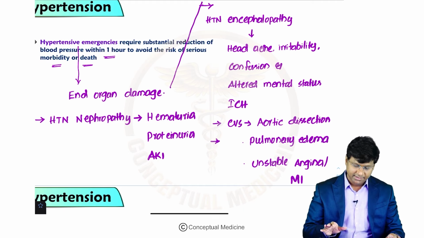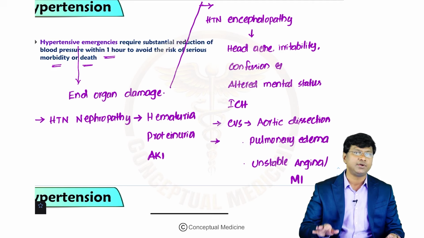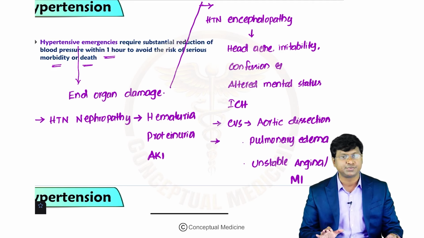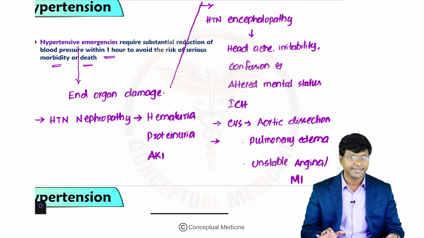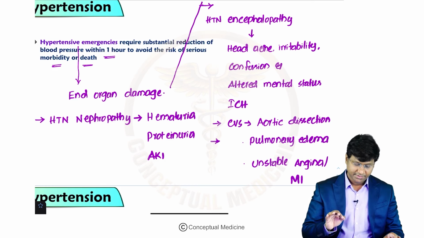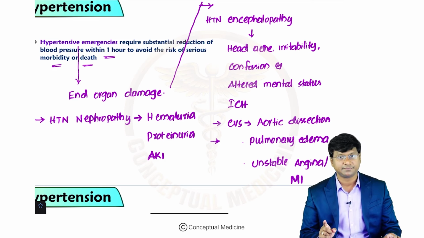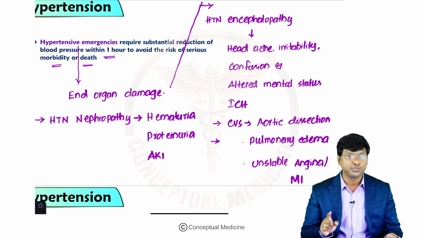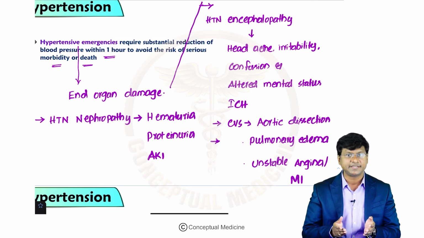So these are the multiple critical end organ damages that can be seen in patients with hypertensive emergencies, right. Now, these patients with hypertensive emergencies, what did I tell you? They have to be seen that the blood pressure should be reduced within 1 hour. The blood pressure has to be reduced within 1 hour. Otherwise, this will cause very severe mortality in the individual. So, to summarize this hypertensive crisis,